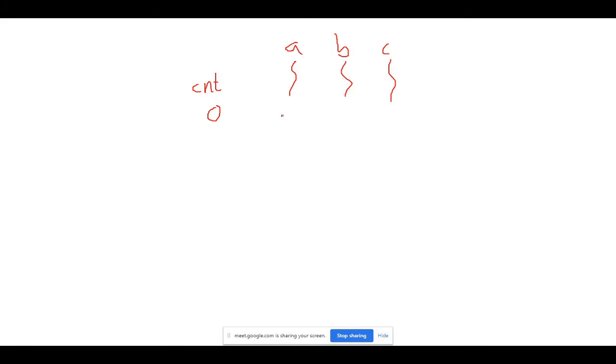No separate individual copy for each of them. Assuming the execution proceeds in this order, thread A, B followed by C. A will increment that, so it is 1, and B will decrement it, so it becomes 0. C will again decrement, -1.